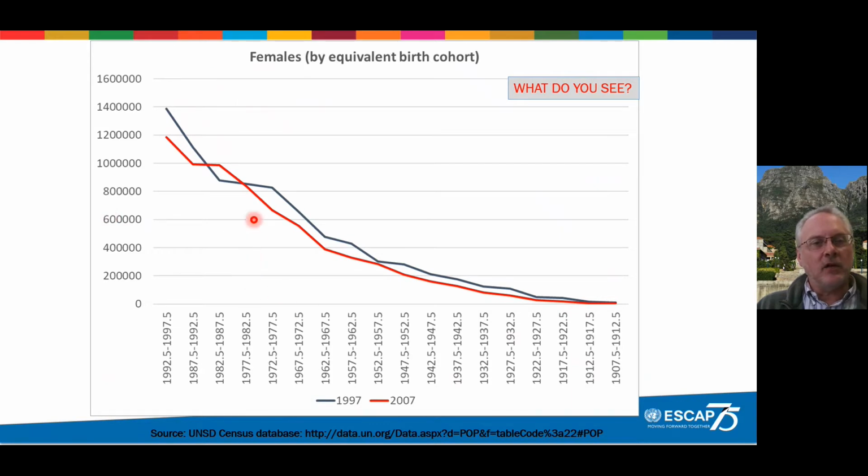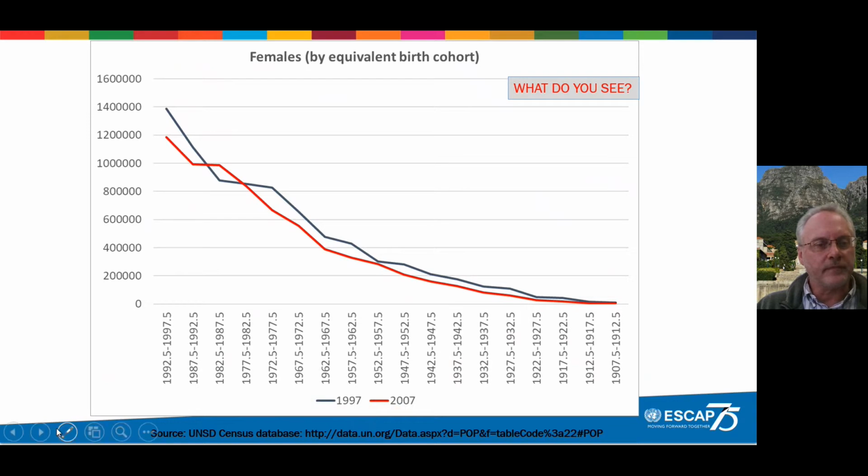And what we can see looking at these data is that in 2007, there were more women reported as being born between mid-1982 and mid-1987 than was shown 10 years earlier in the 1997 census. Over an extended range afterwards, however, there are fewer women in 2007 for any given birth cohort than there were women in 1997 in that birth cohort. And in many ways that is to be expected, not least of all because of the effect of mortality over the 10 years between the two